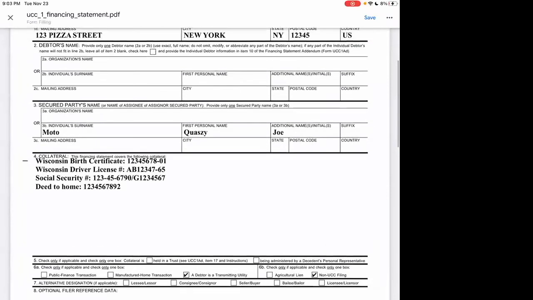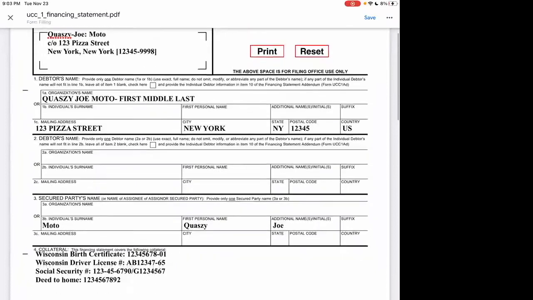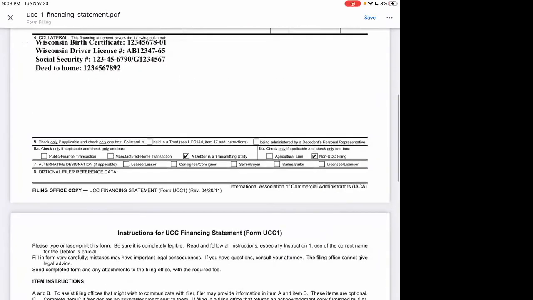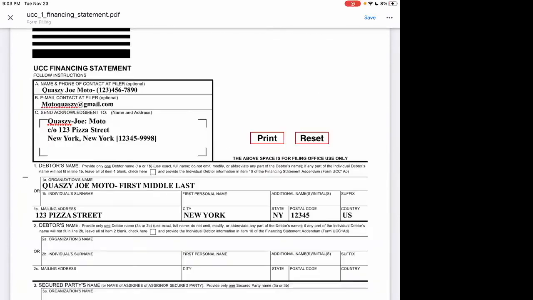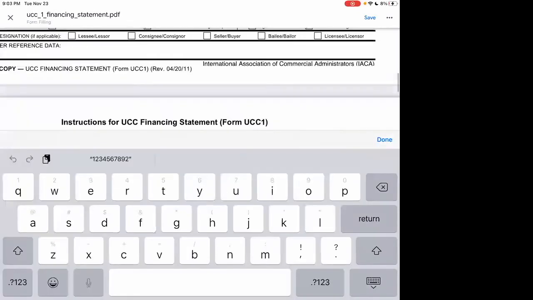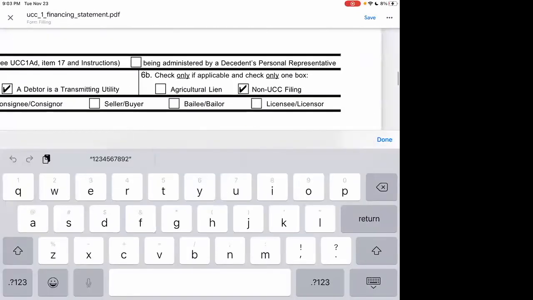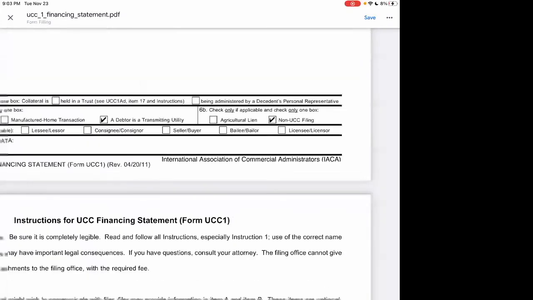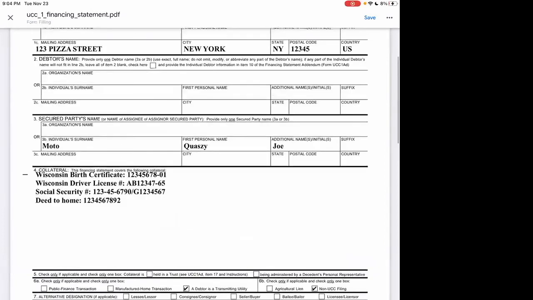Oh yeah, I'm going to answer your question, but one thing, just so everyone's aware, this UCC1 no longer is a lien once you check box 6B, non-UCC filing. This is not a lien once you check that box. Non-UCC filing is for record information. That's all this is for. And then this gets placed on the land record. And what goes on land records is ownership, titles.